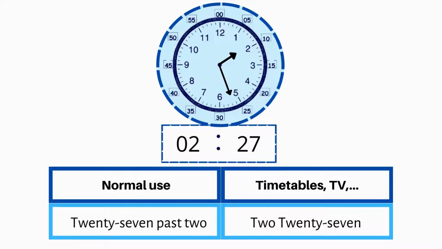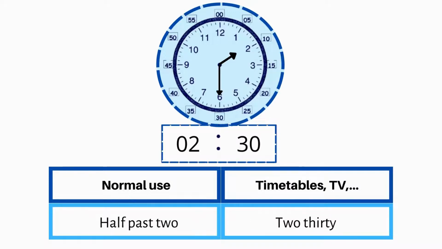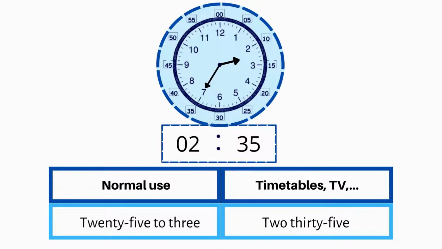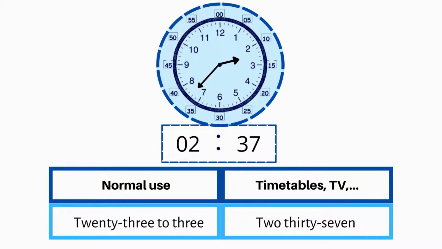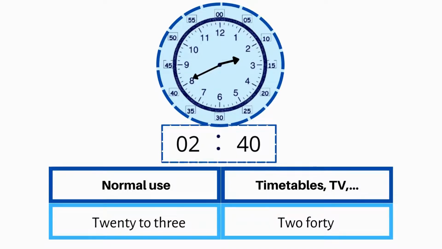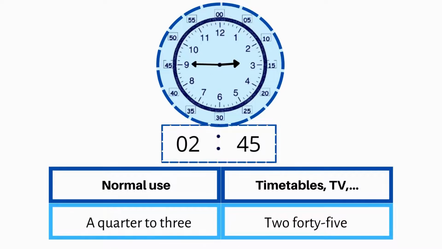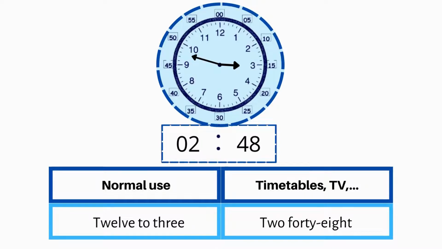27 past 2, or 2:27, half past 2, or 2:30, 25 to 3, or 2:35, 23 to 3, or 2:37, 20 to 3, or 2:40, a quarter to 3, or 2:45, 12 to 3, or 2:48,